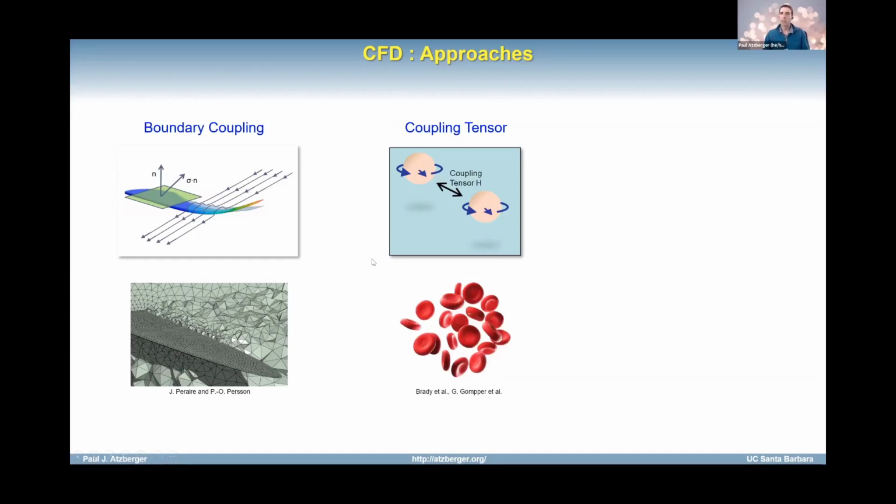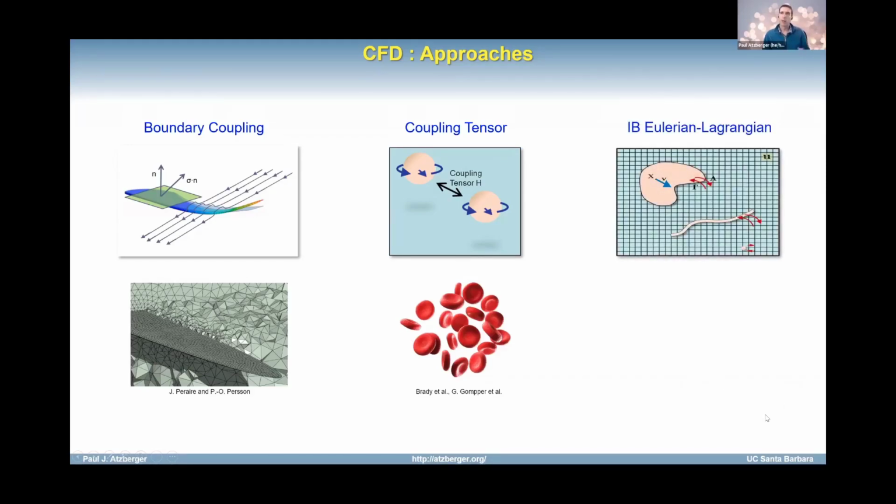In cases like in a fluidics device or other complex geometries, you can see that this does become challenging. But I want to contextualize this because you're going to see that some of the techniques that we introduced in various asymptotic limits can be viewed from the perspective of some of these other coupling methods. So you can relate immersed boundary methods to these other approaches depending on how you take the resolution of the microstructure versus the underlying fluid.